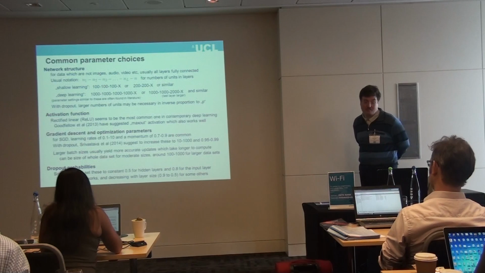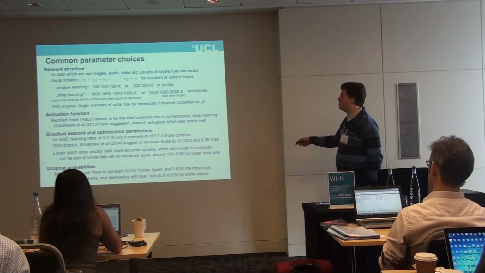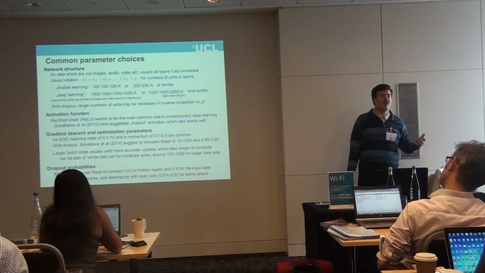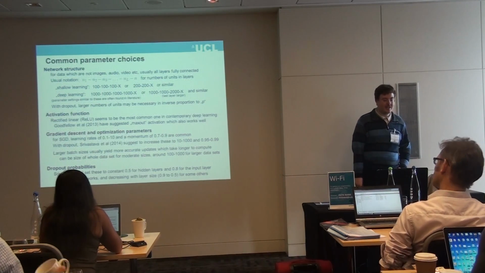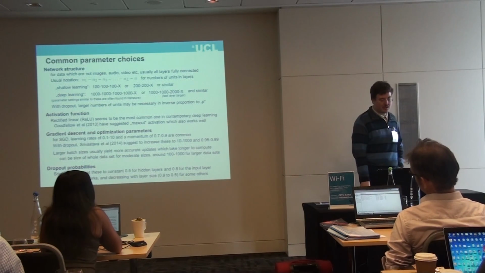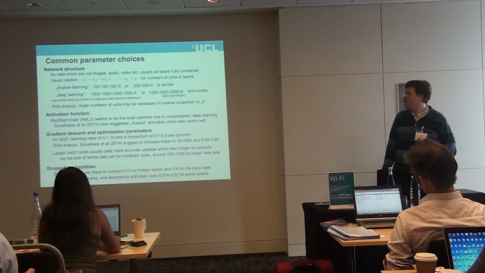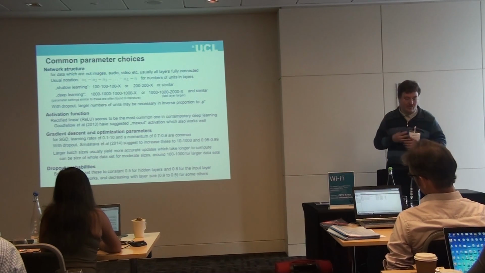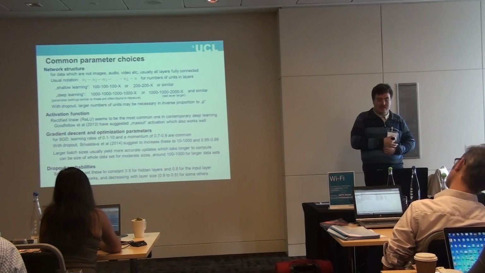You can have hundreds of neurons or thousands of neurons, 3 to 10 layers in deep learning, but people have also used hundreds of layers and have seen things work well. With dropout, one might need to change the number of units. An activation function, we do now deep learning. Some people are using maxout. Learning rates are in the order of magnitude of 1. The momentums are in the order